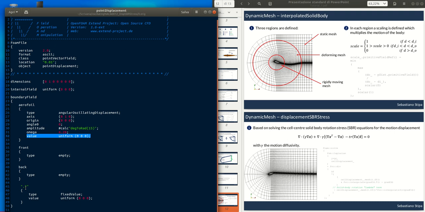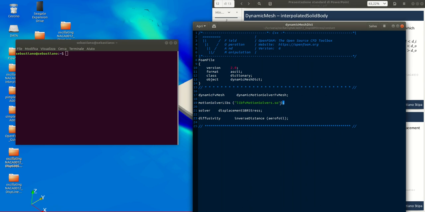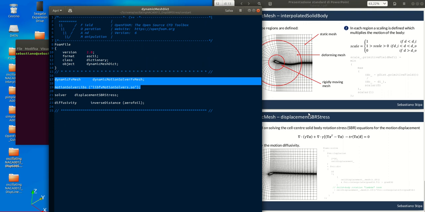And then for the rest of the patches, which are accessed with the wildcard, the star symbol, you have fixed value, because the inlet patch and the outlet patch are not moving, they are fixed. Okay, so this is the point displacement file. Then you have the dynamic mesh dict, which until here is the same as in the last video, but this time we change the solver, which is this displacementSBRStress, and we choose a diffusivity, which is this parameter here,